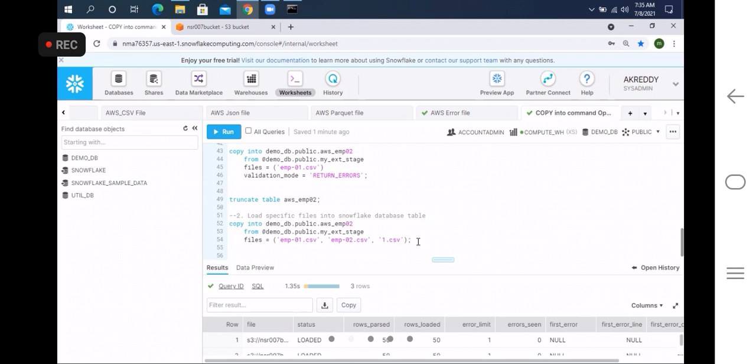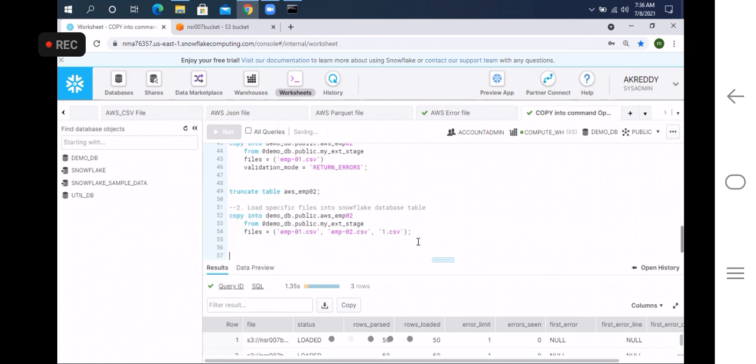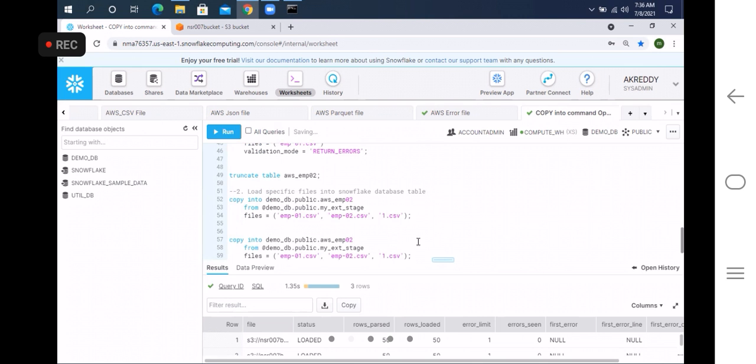So in that case, what we can do is use the help of a pattern. By using the pattern option in the copy command, we can load a specific set of files into the Snowflake table. Specific set of files in the sense, so here I'm specifying pattern equal to,